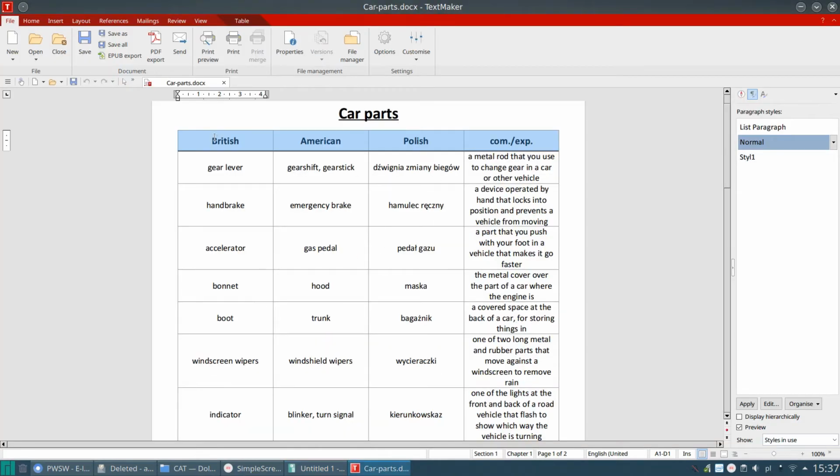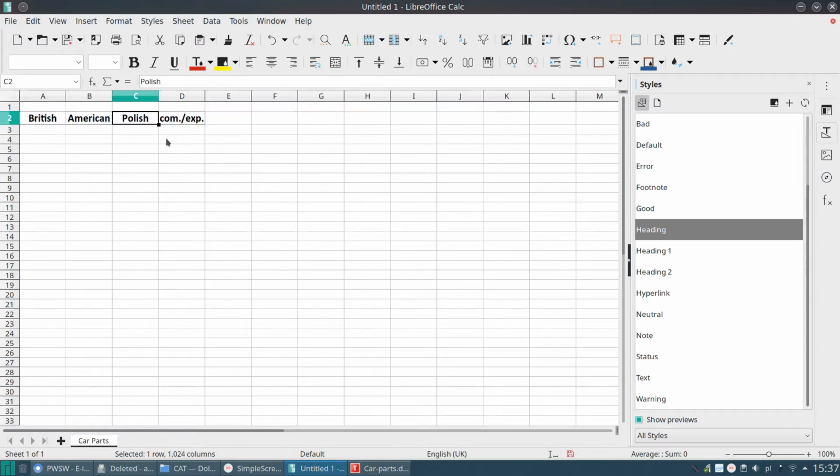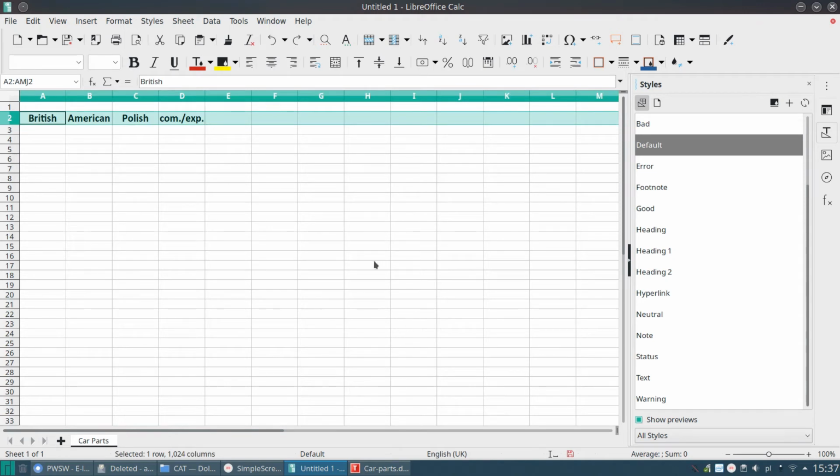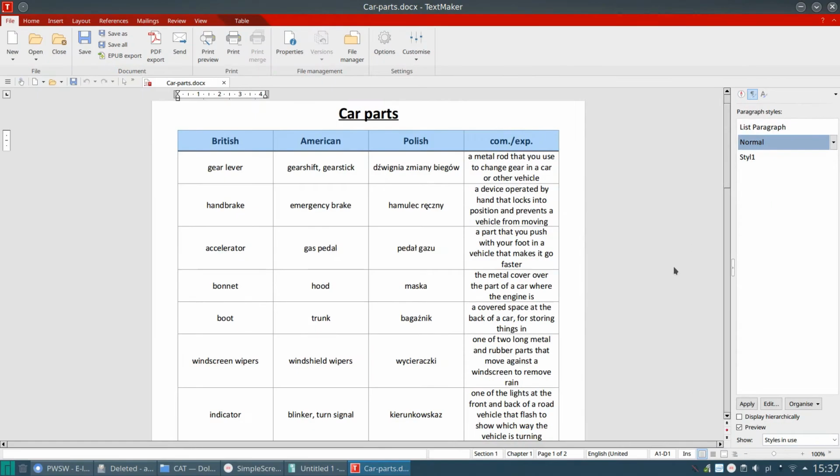So let us just copy this information and paste it here. And you can see that it fits in nicely here. So we've got this heading. Sorry about that. So again, we've got some manual formatting here. The same problem that we had in Writer, right? So this is the normal style. Actually, we are in a different program because it's a Microsoft Word document, and I'm using a program which is compatible, but